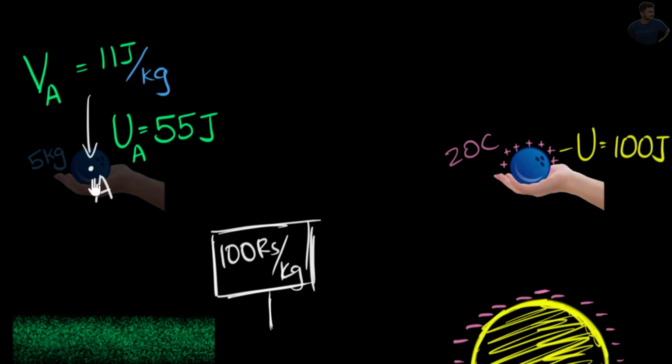And I could now ask the same question as I did before. If 20 coulombs of charge at this point has 100 joules of potential energy, how much would 1 coulomb have at this point? What will be your answer? Well, just like before, it's going to be 100 divided by 20 coulomb. It'll be 1/20th of that. And so now, just like before, we can get rid of that ball.